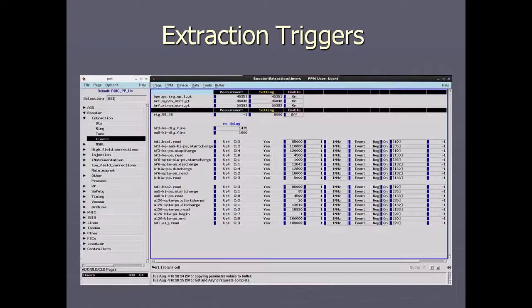to be. This is the pet page for all this, booster extraction timers. Here's synchro start, and here's extraction start. There are fine delays for the extraction equipment up here. Does anybody know what this is, by the way? It's GS trig up, the generic Gauss trigger. So you can set that to whatever you like. It's usually used to trigger scopes at an arbitrary time in the cycle if you don't want to use real